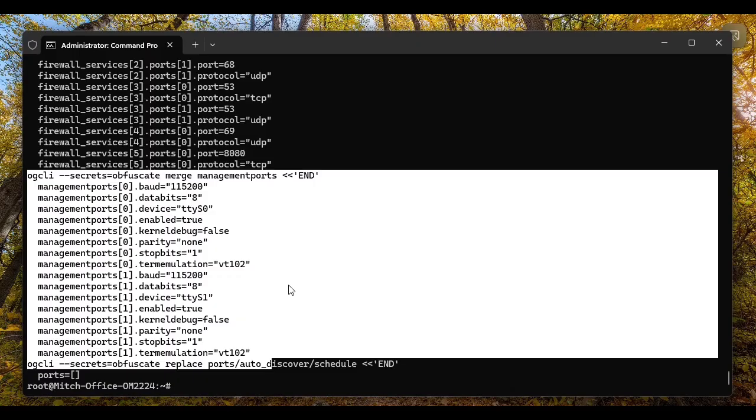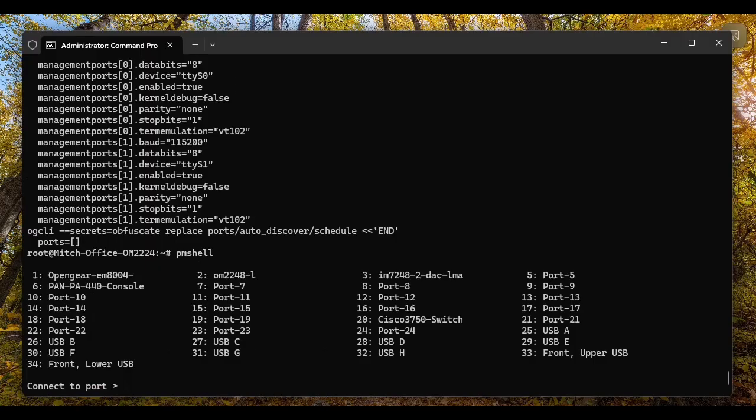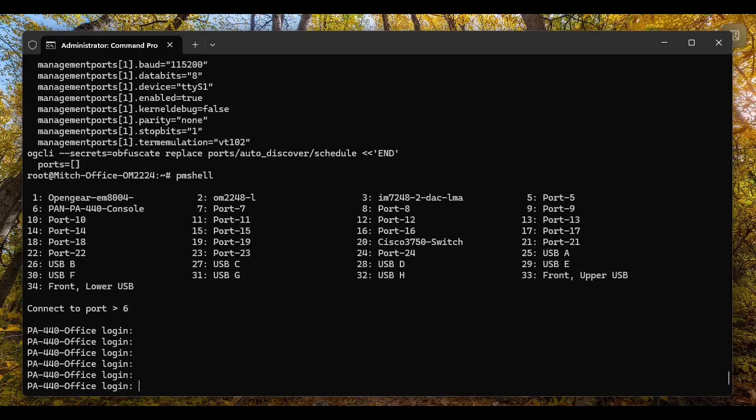If you watched my previous video on initial configuration, I believe I show you how to edit the configuration. But if I now want to launch into a serial session, I can just do pmshell. I can see a menu of all my ports. And if I want to go into, let's say, port 6, I just type the number 6. And I'm in that session. If I want to go back to the menu, I press